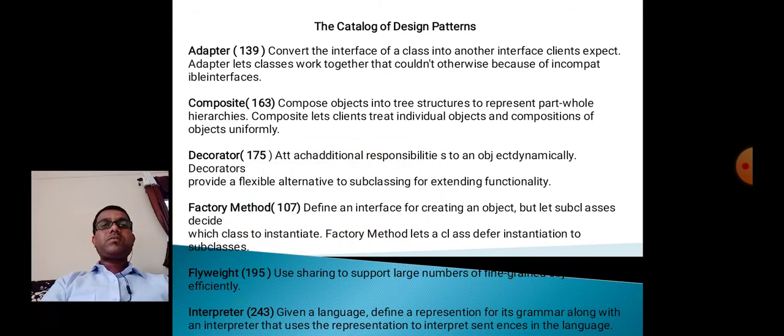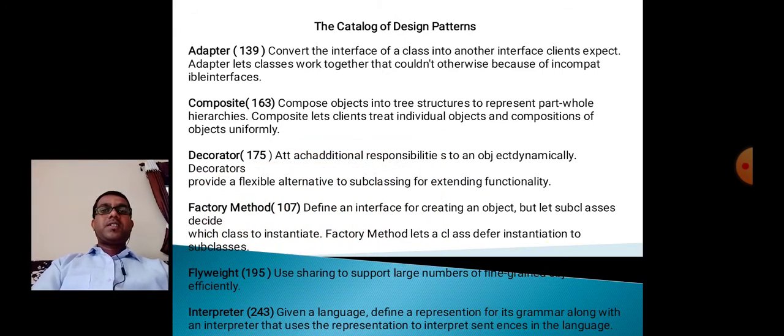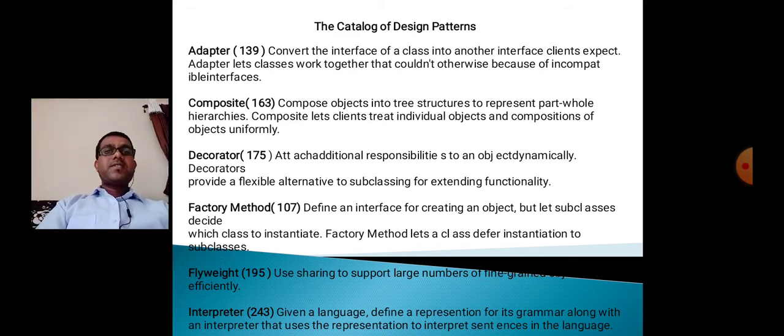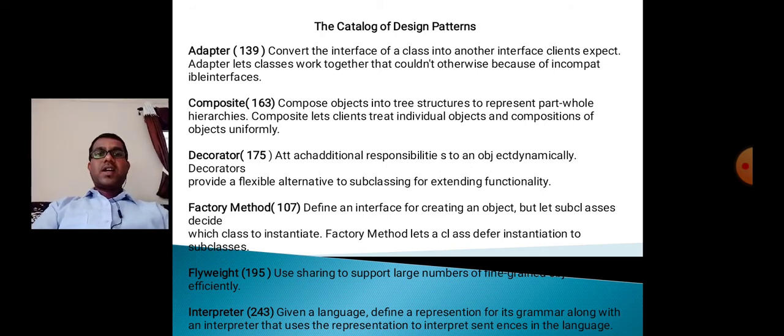Then the catalog of design patterns. Adapter, 139, converts the interface of a class into another interface clients expect. Adapter lets classes work together that couldn't otherwise because of incompatible interfaces.